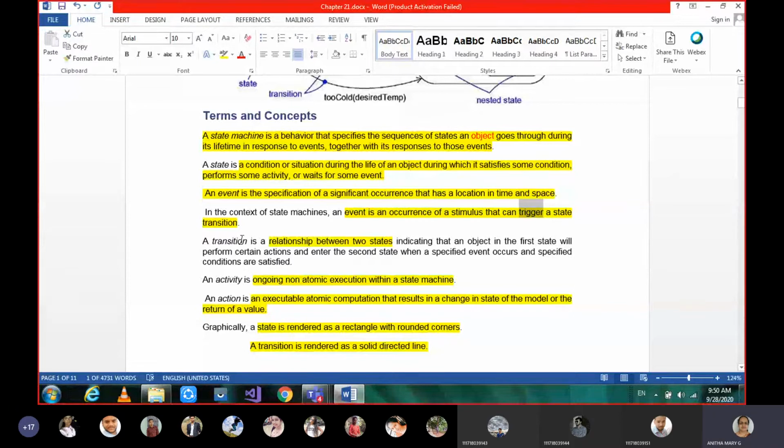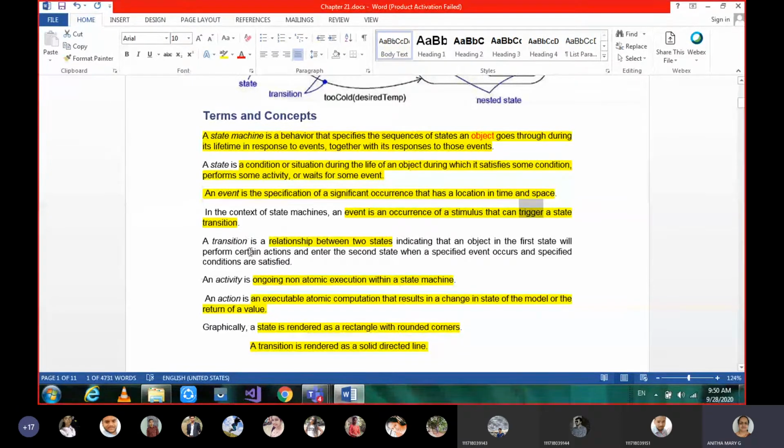The flow control which is sent from one activity to another activity, or the connection between two states, is called transition. So similarly here we can talk about transition. Why? Because in state chart diagrams or state machines, we are talking about states only, and the flow control is transferred between the states of a particular, single object.